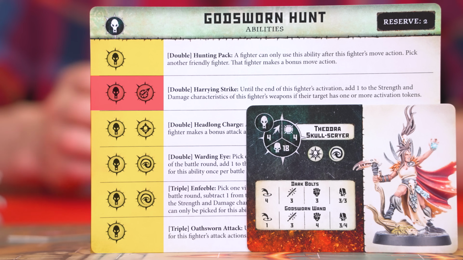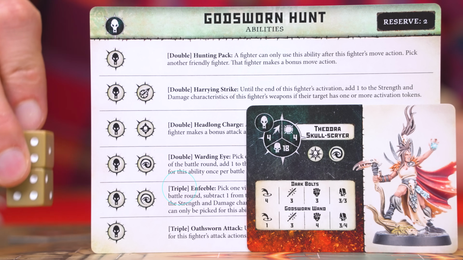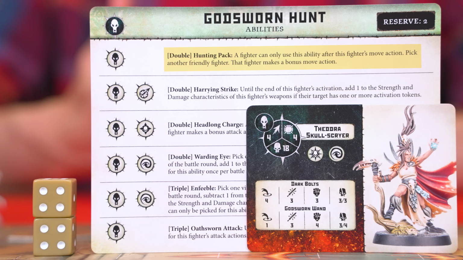So Thedra could perform any of these abilities, but not the ones showing these symbols, because she doesn't have them. Once you qualify to use an ability, you then pay the ability cost shown in bold at the start, which is either going to be a double or a triple. This means that you have to discard that type of ability dice grouping from the ones you have. For example, if I wanted to perform the hunting pack ability, I would need to have a double I could